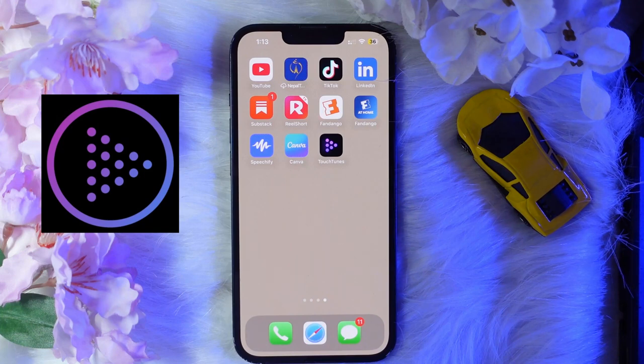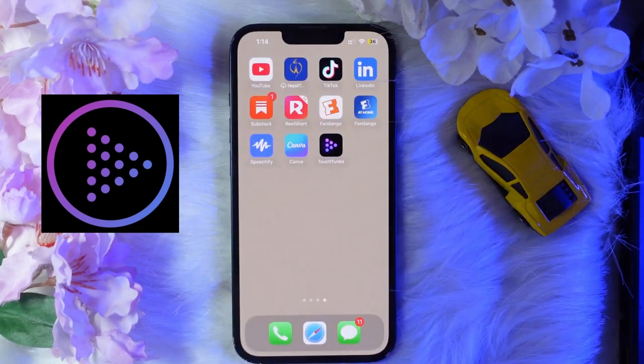So in the following video I will guide you to create your account on the TOUCHTUNES app. Now if you want to create your account on the TOUCHTUNES app but you don't know how to do it, then this is the video for you. So simply watch the video till the very end to know about it. So let's get started. Now if you want to create your account and start listening to music on the TOUCHTUNES,